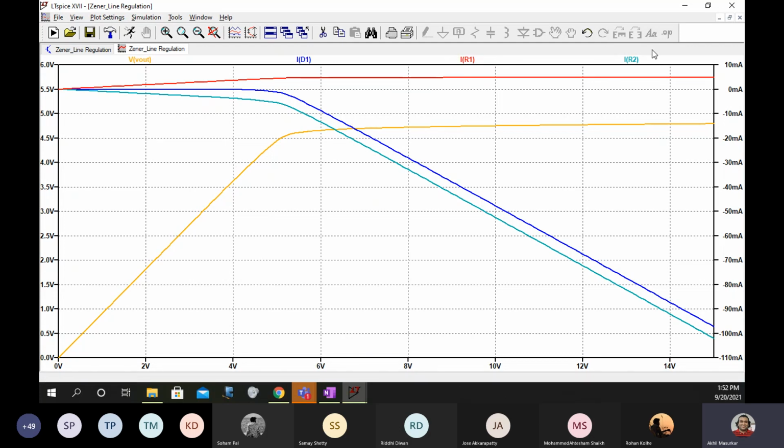The load current is IR1, the input current is IR2, and the current through the Zener diode is ID1. So to keep the load current constant, if IR2 reduces, the Zener works at a lower current to keep IR1 constant.